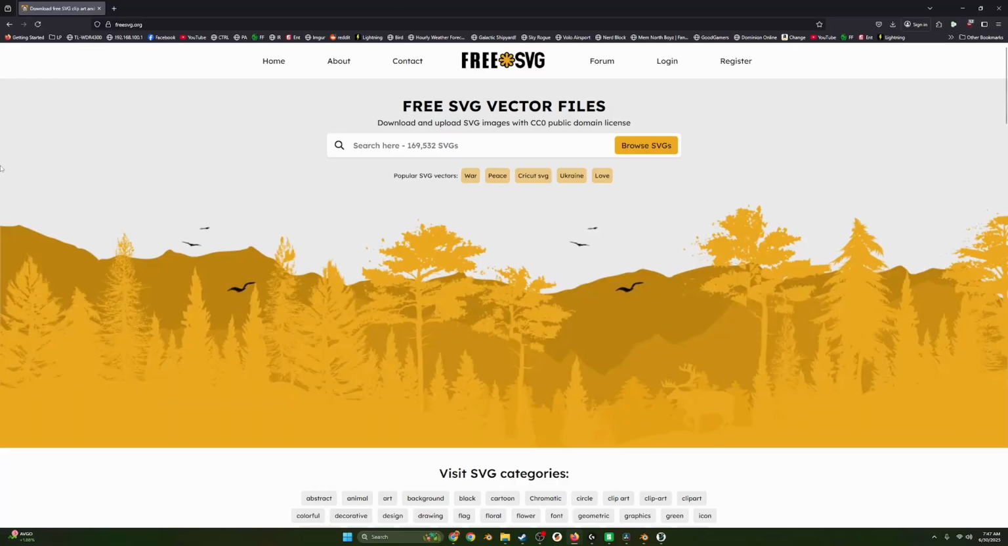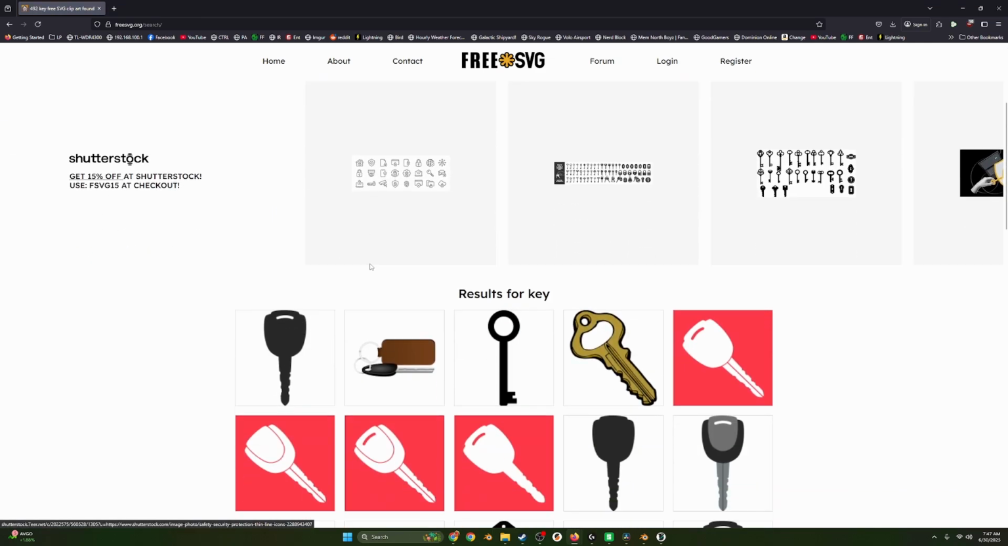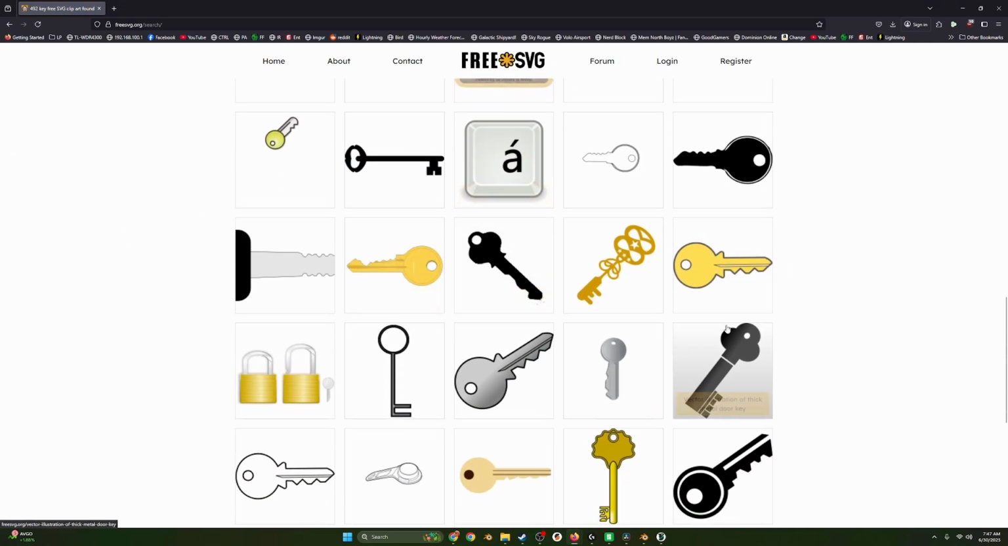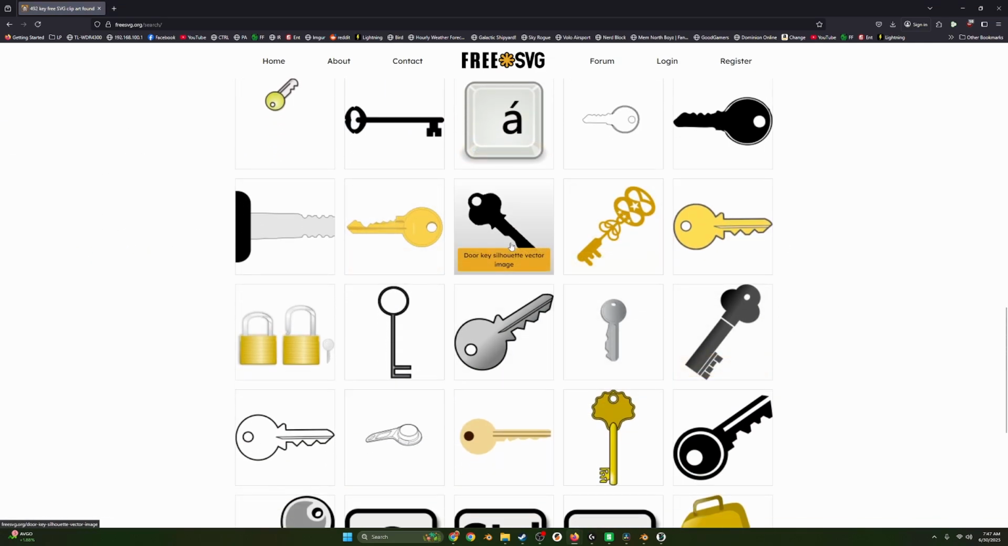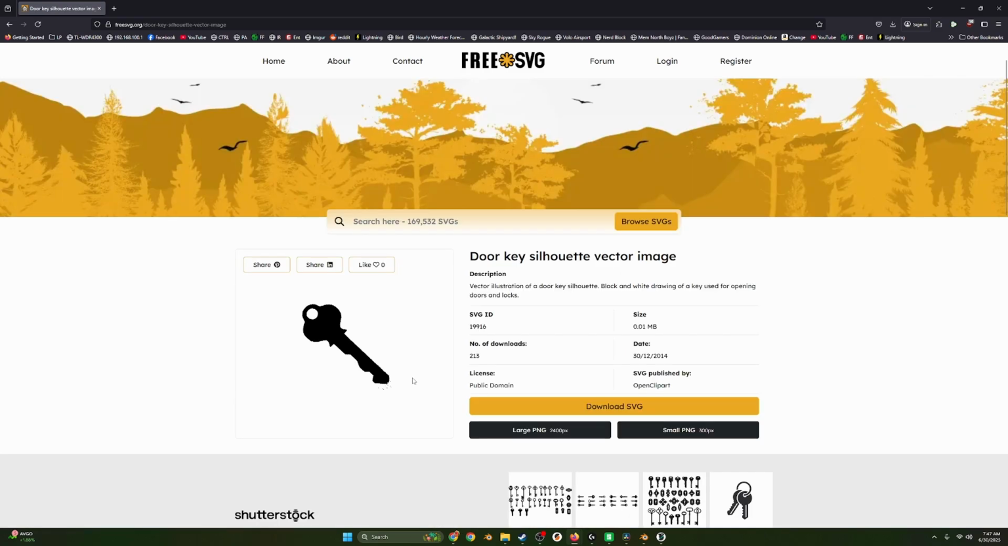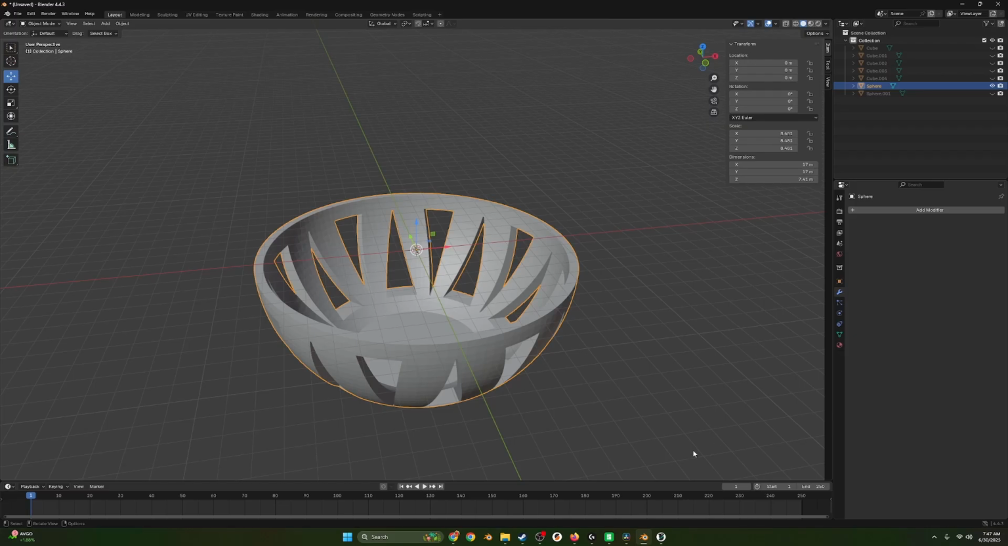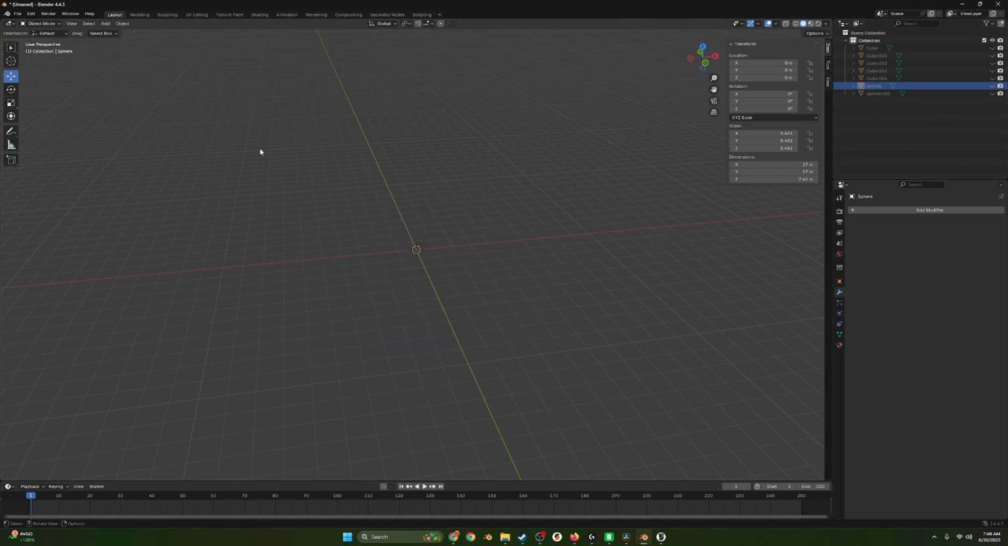Now, the next thing I'm going to show how to do is use an SVG to add even more design to the model. I'm just going to search up a simple key file, or key SVG. I think this is the one I used. And then I'm going to just download the SVG. Now, back into Blender, unfortunately, since I applied all of those booleans, I cannot use this sphere,